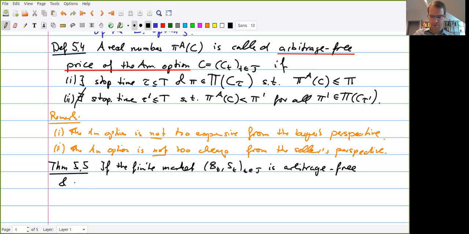So we have an arbitrage free market, and we additionally assume that it's also a complete market. And then there exists a unique price, and this arbitrage free price